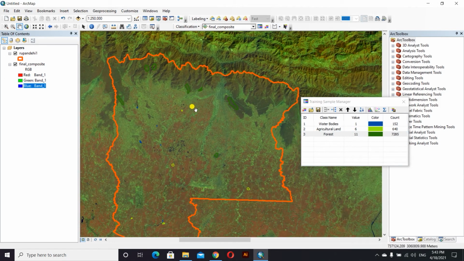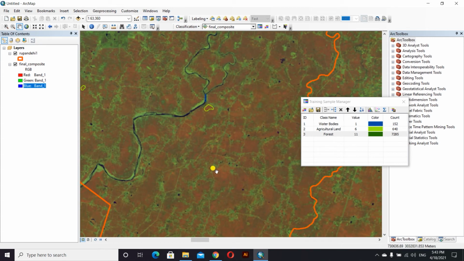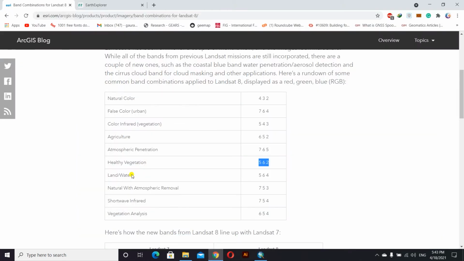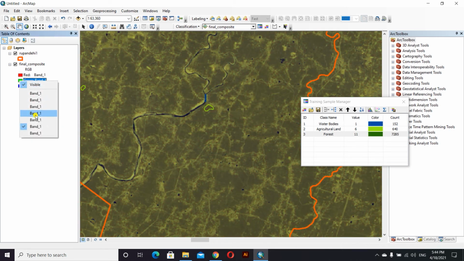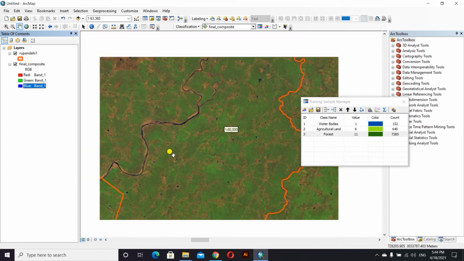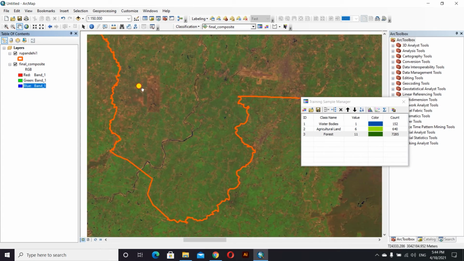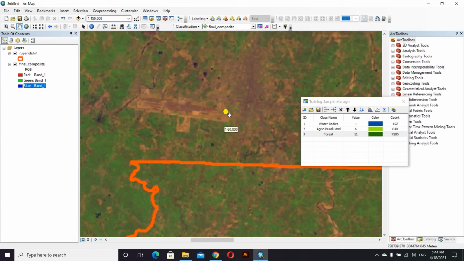Now we will go to barren land. For barren land, we have 6, 5 and 2, so we'll go to the bands 6, 5 and 2 again. Here, look at this region where there is a brownish color.